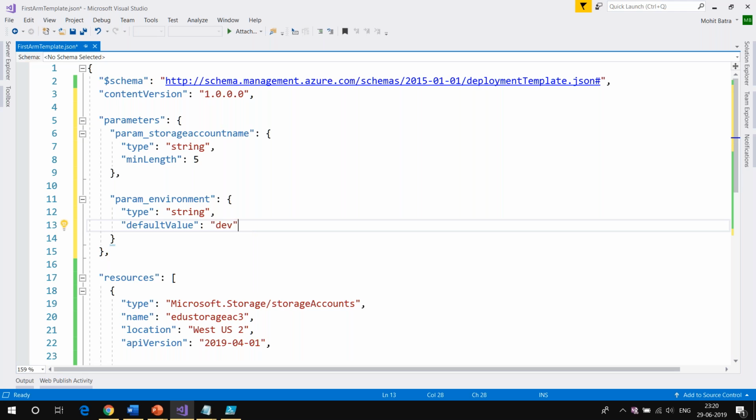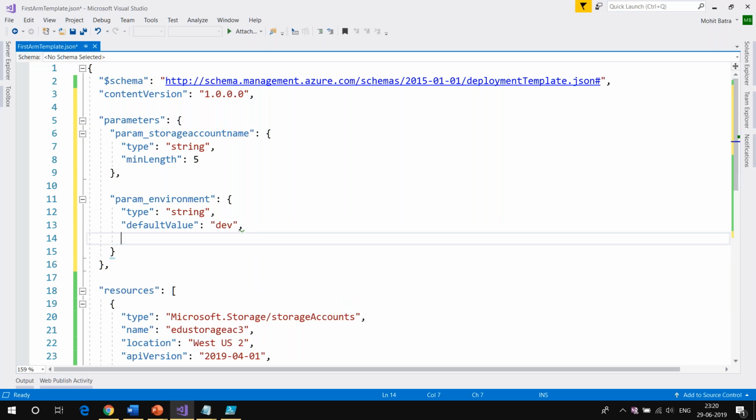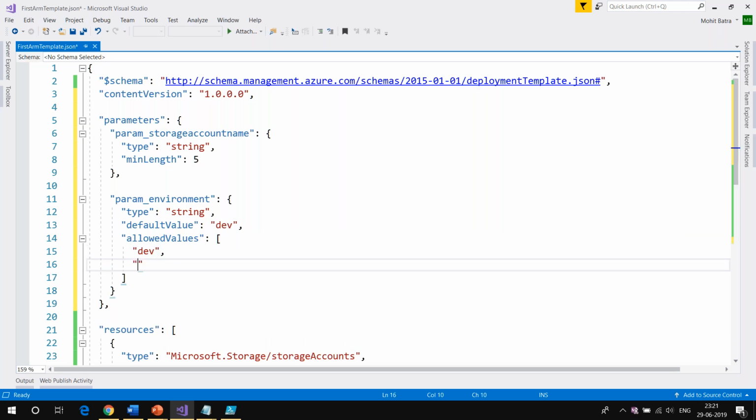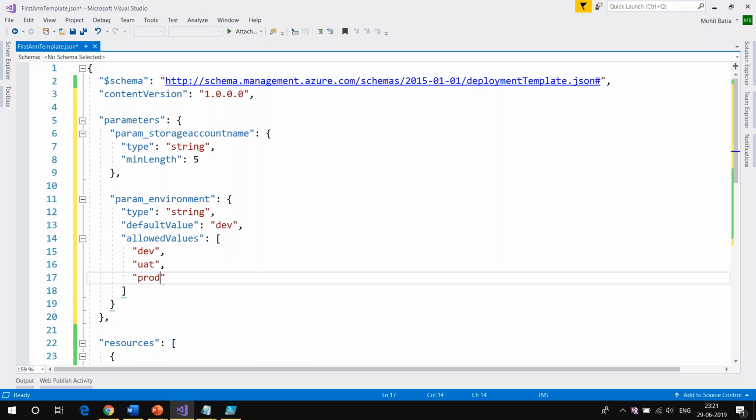These are additional things you can do with parameters. Then I can add one very important thing, which is called allowed values. See what I'm doing here: the value of the environment parameter can only be dev, UAT, or, for example, production. I want to restrict the value of this parameter to dev, UAT, and prod.